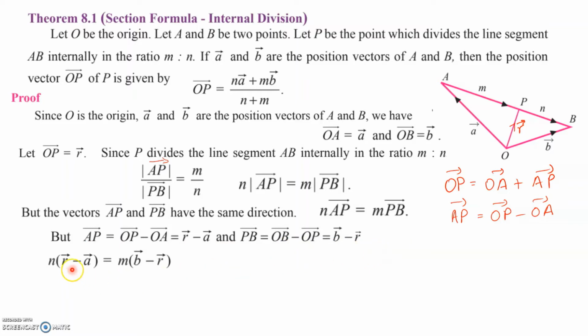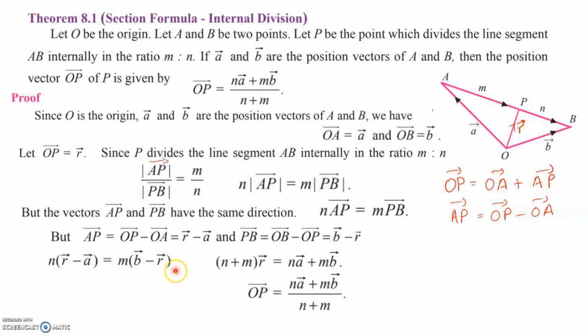Next, substituting the values in what we derived here, n into AP vector, and our AP vector is R minus A. So n into (R minus A) is equal to m into PB, and PB is B minus R. So m into (B minus R). We can further derive